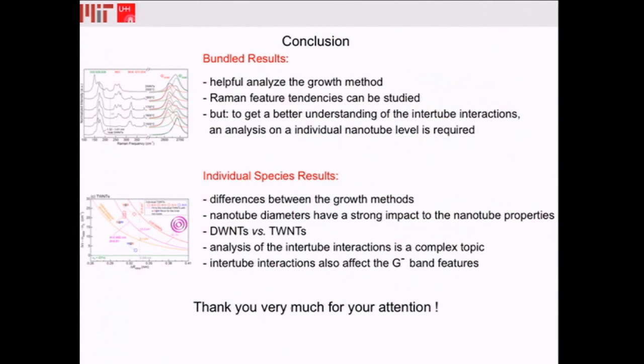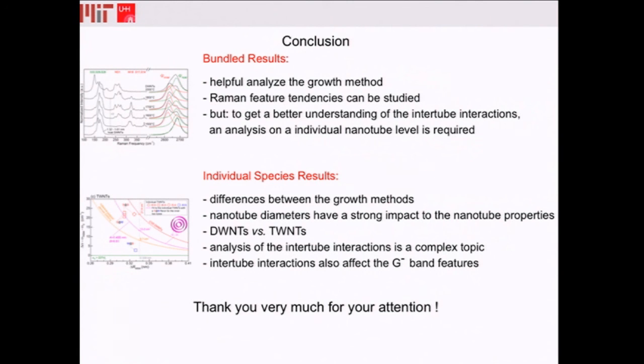As a conclusion, we showed that the bundled results are very useful to make statements about the growth method, and that it is very helpful to study tendencies of the Raman features, but also that it is pretty hard to make real statements about the intertube interactions and other things. So a study on individual nanotubes is required. To summarize the results from the individual species, we saw that the intertube interactions are very different between the 2 different growth methods, and that the nanotube diameter has a strong impact on the nanotube properties,